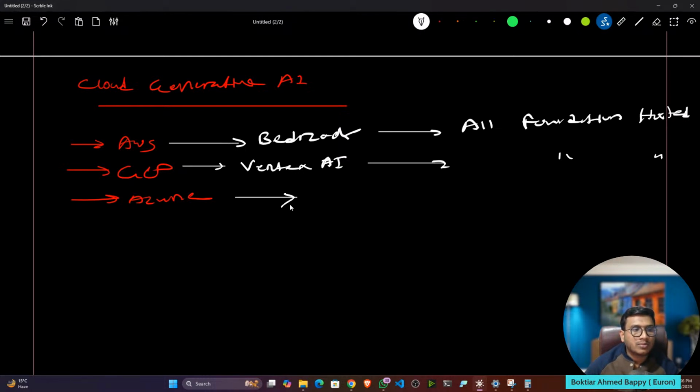Then Azure also collaborated with OpenAI and created one amazing service called Azure OpenAI Service. Here you can do all the operations we usually do on our local system. Let's say I want to create a RAG application. To create it, I need vector search and a vector database. They have all kinds of services inside their platform only. You don't need to take any third party service.